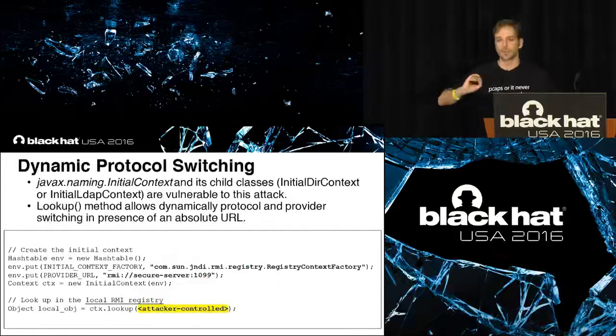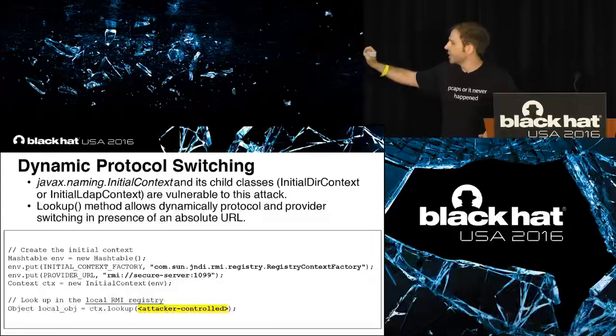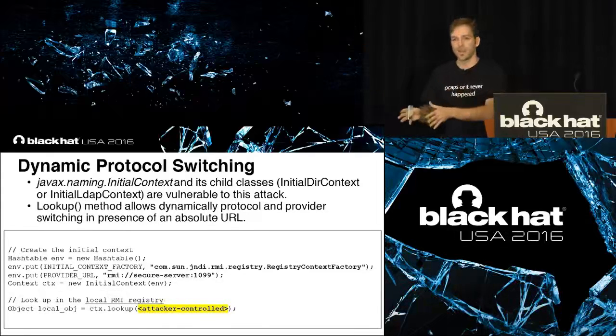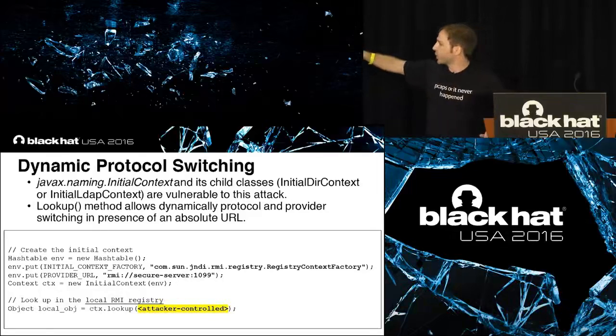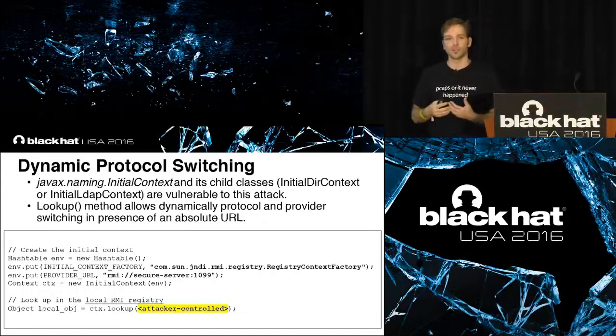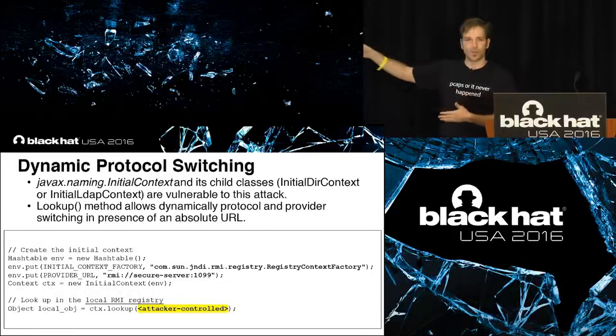So we said before that when we initialize a JNDI context, we configure it to work with a given provider type and with a given provider URL, right? In this case, for example, we are working with the RMI registry and with this secure server at this port. So if we perform a lookup, this lookup operation should be resolved relative to this provider type